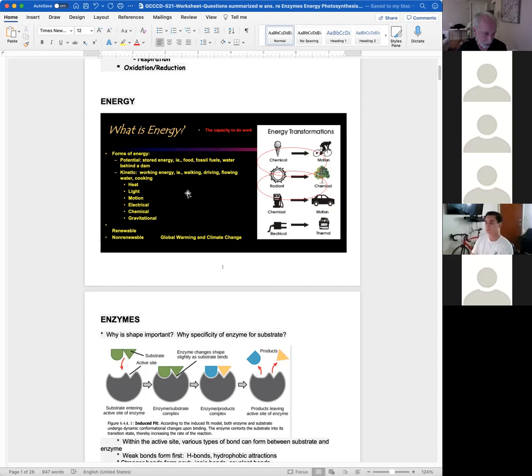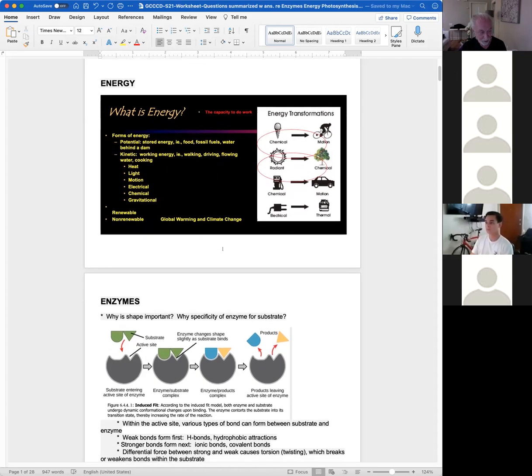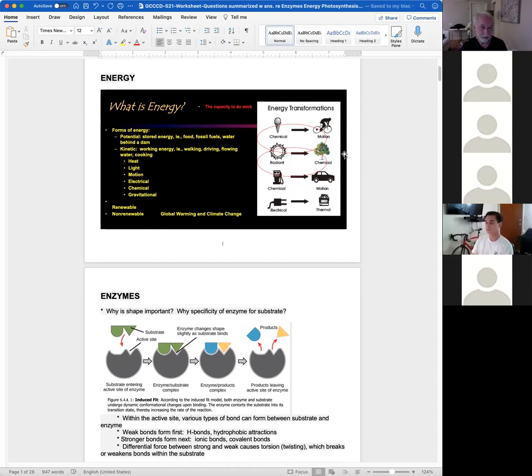Kinetic energy is working. For example, you convert food into energy so you can walk, or convert fuel into energy so you can drive your car, generate electricity with flowing water, heat energy for cooking. And the various forms of energy, the common ones that we encounter all the time, are heat, light, motion, electrical, chemical, and gravitational. And finally,